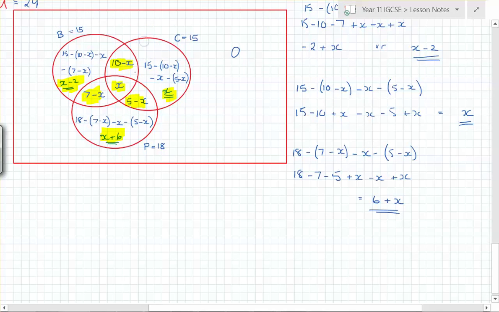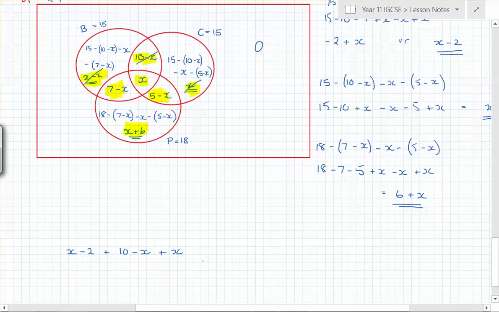29. So I've got to do x minus 2, and there's no need for brackets now because it's adding. So x minus 2, I'm going to cross it so I don't overdo things. 10 minus x plus x plus x plus 7 minus x 5 minus x